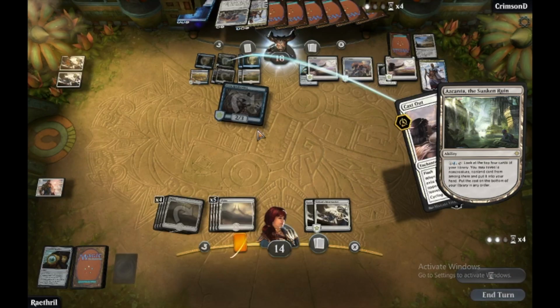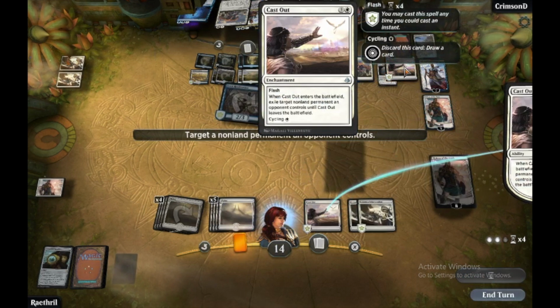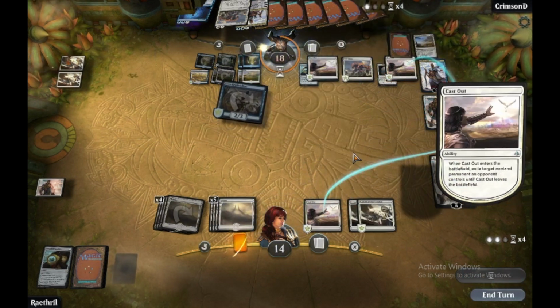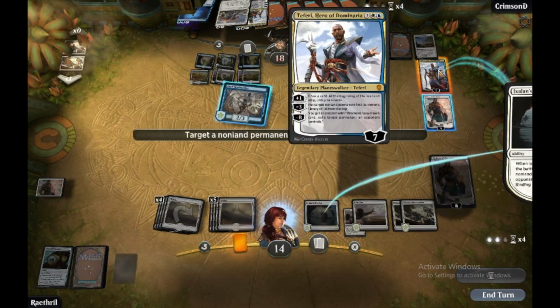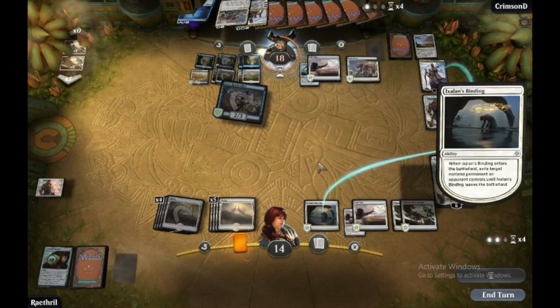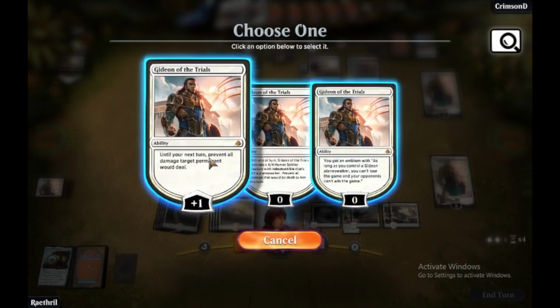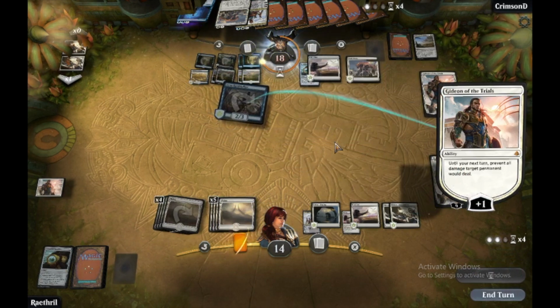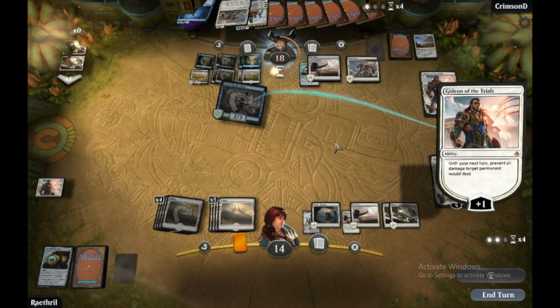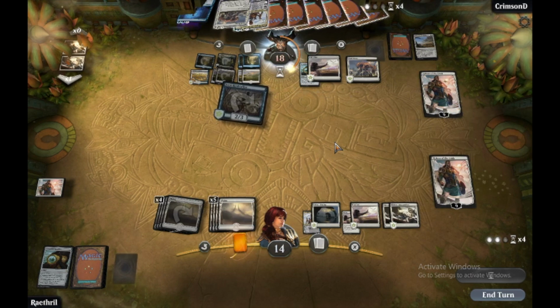That's not what you want. That was not what you wanted. Whew! Man, that was rough. That was close. We couldn't have pulled a better card, unless I pulled Ixalan's Binding itself, but honestly...